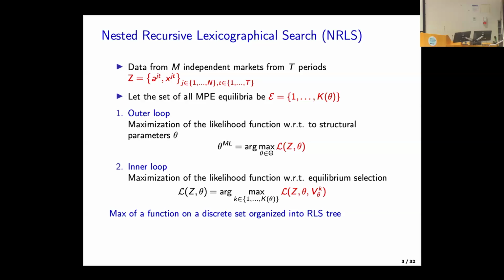So we are calculating the likelihood. We are maximizing the likelihood with respect to the structural parameter theta, and this additional parameter, which you can think of as a discrete parameter that selects an equilibrium. And this is very similar to what Stefan was talking about when he was talking about grouped fixed effects. Remember, there was this collection of discrete parameters which gave the assignment to the groups. You can think of this as a discrete parameter with respect to which we are maximizing the likelihood.